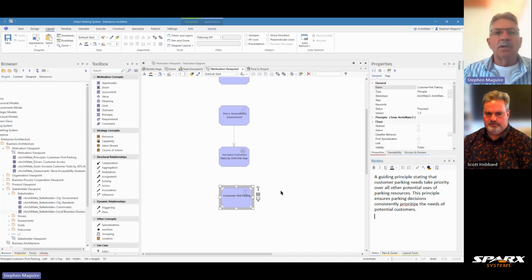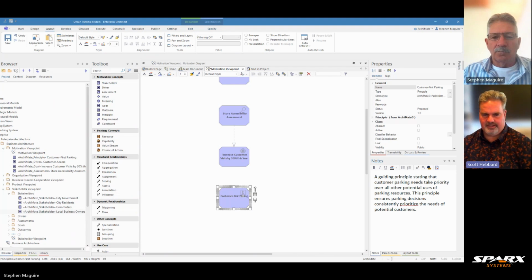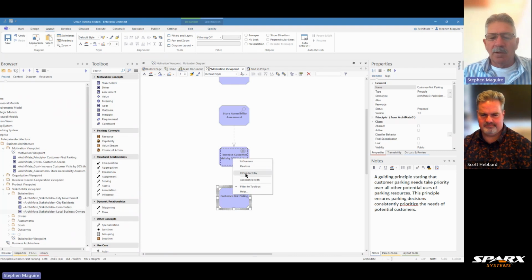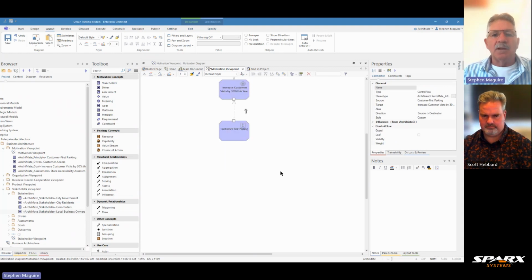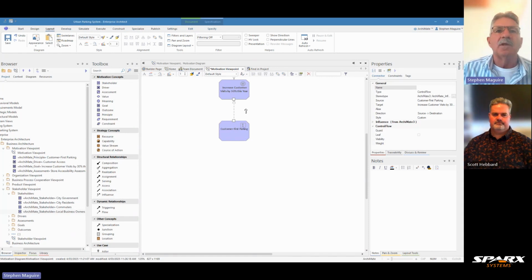This principle ensures that parking decisions consistently prioritize the needs of potential customers. So, really, if a local business doesn't look after their customers, they won't continue shopping there. Yeah, that's exactly right. So let's put in, I think that one we want influences there. Yes, we do. And let's now look at some requirements, Scott. So now we've got this principle in place. Let's look at